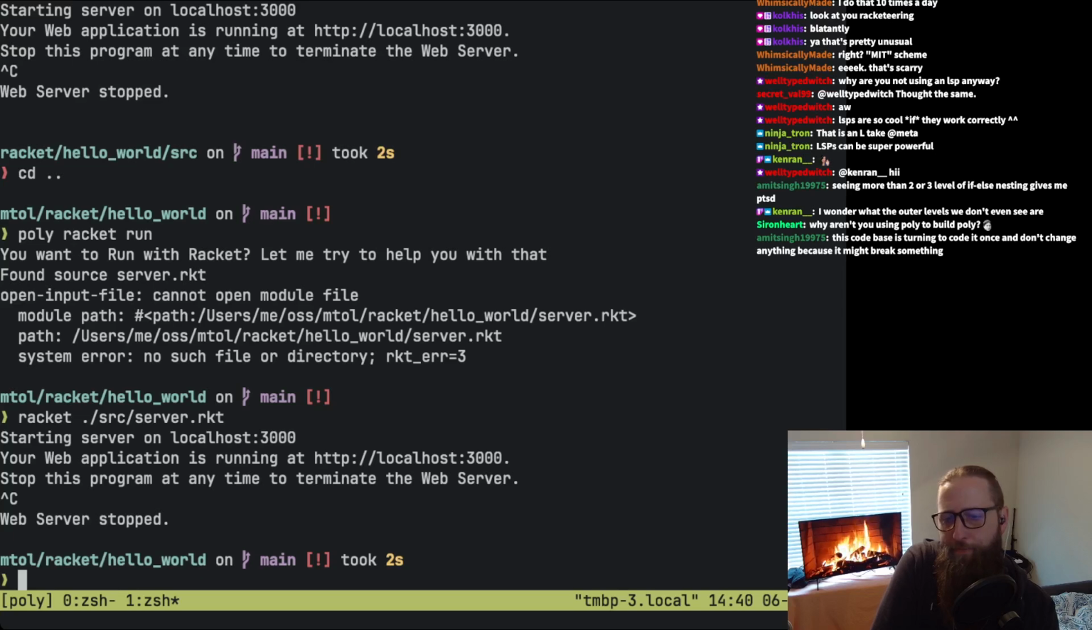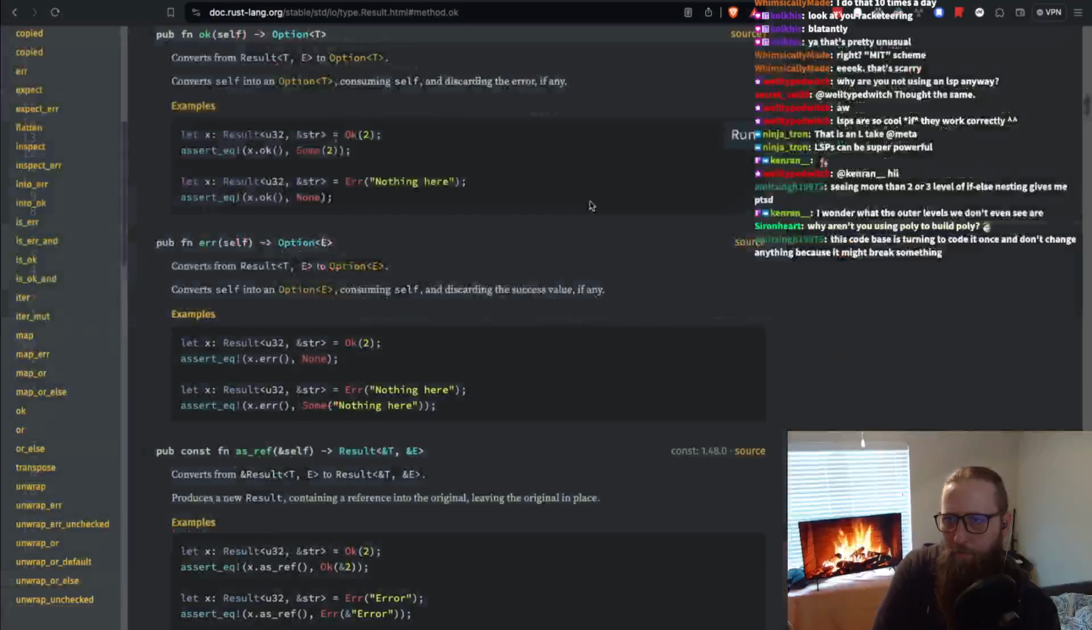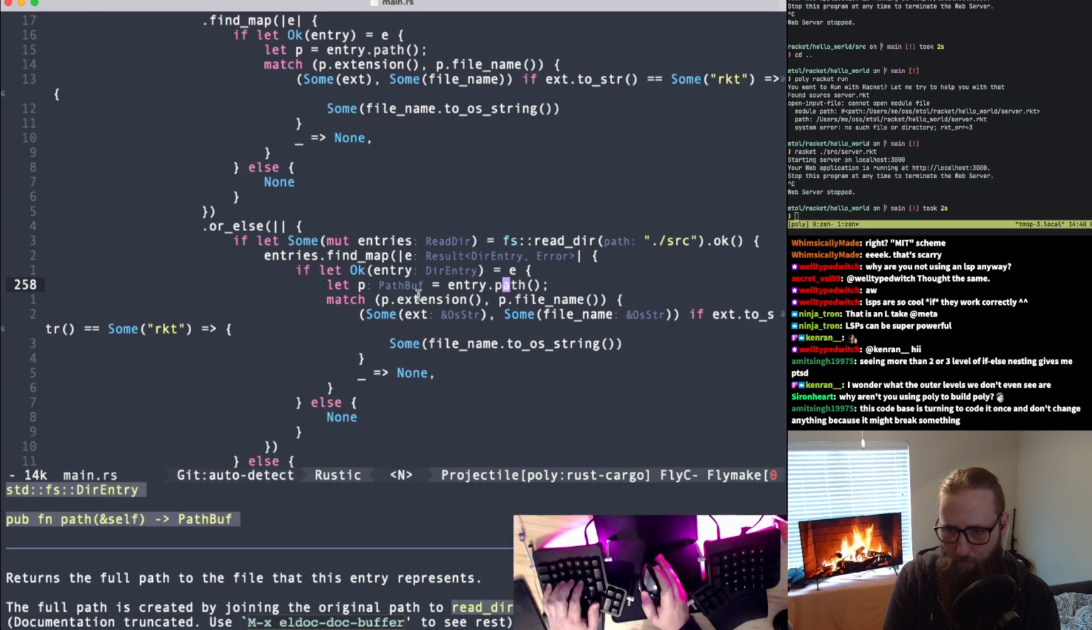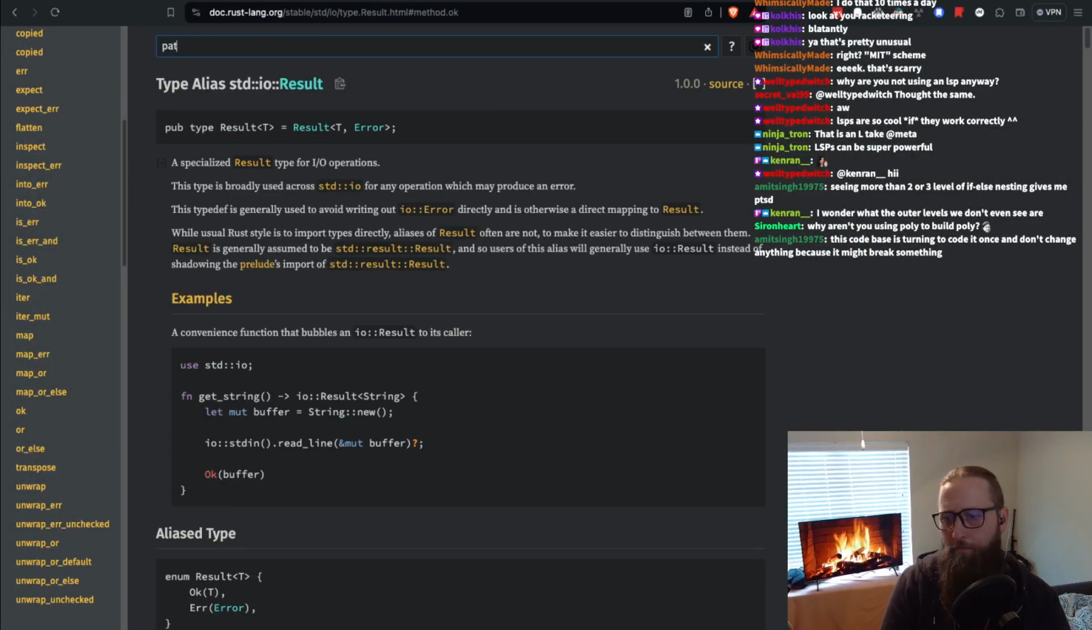So let's think about this. I know I have file name, and I know I'm doing the read dir source. I'm pretty sure if I look at the whole path, it's going to be everything, but I guess I don't know that 100% for sure. So let's look at, so this returns a PathBuf, but I'm pretty sure on PathBuf,